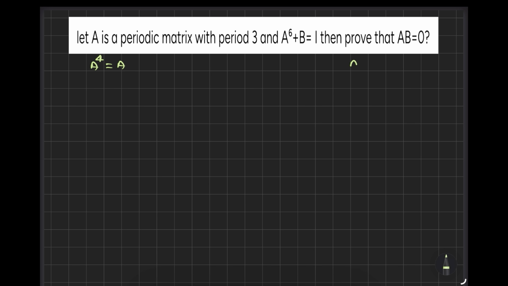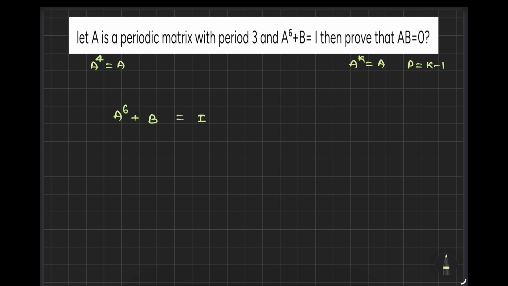Okay, do you remember, A power k equals A? Then the period becomes k minus 1. So here the period is 3, so k would be one more than that period. So it is 4. Okay, now they have given that A power 6 plus B is equal to the identity matrix,